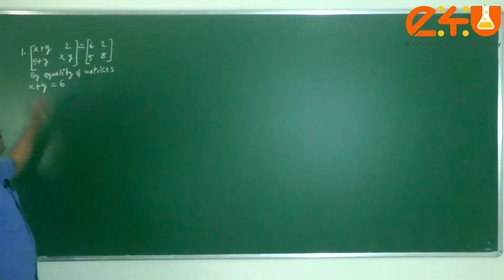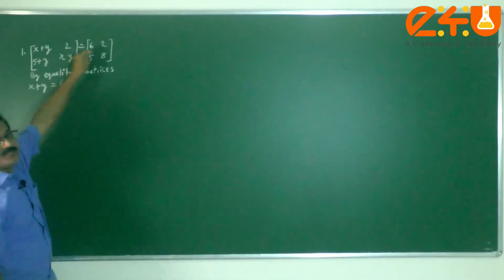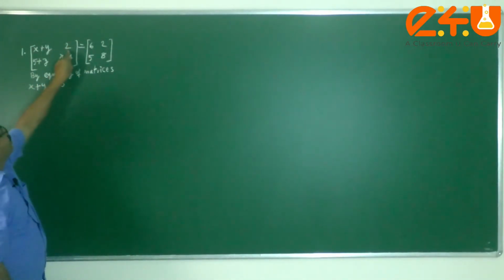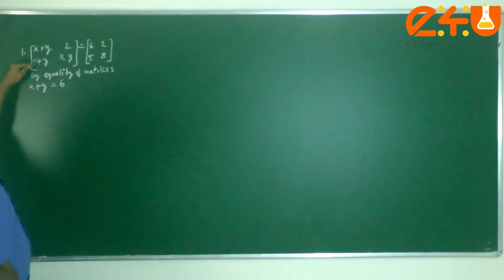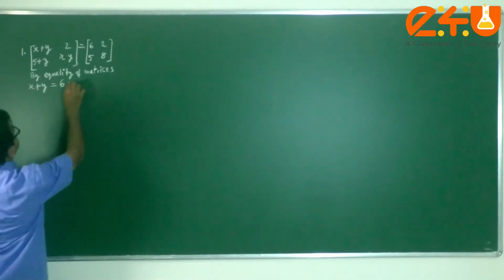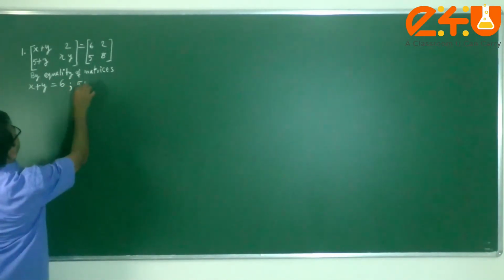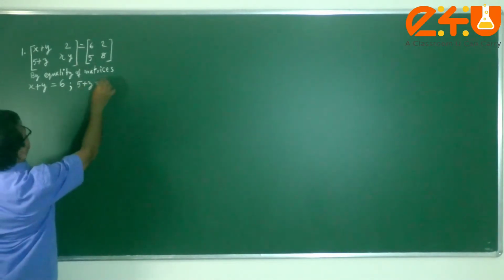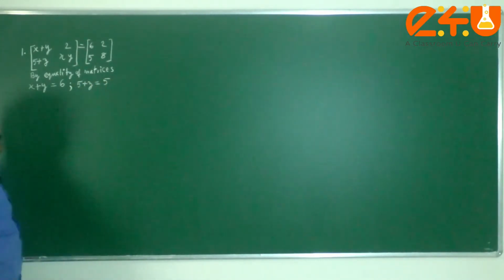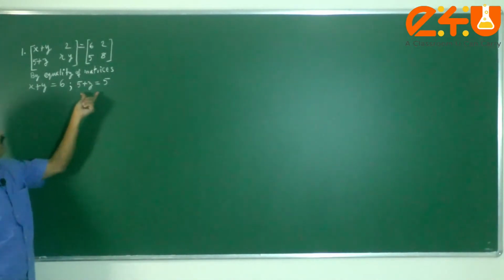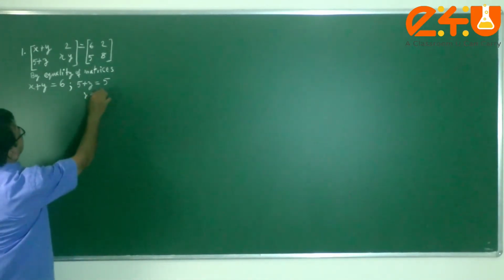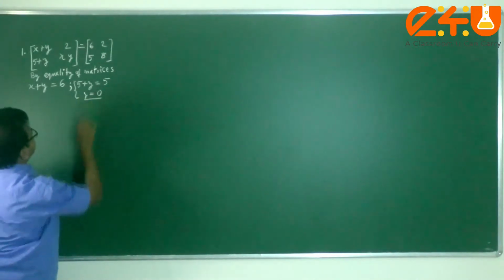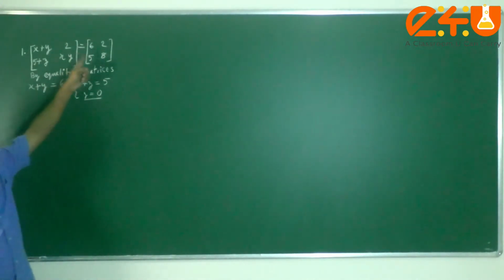So which means X plus Y equals 6. The second element 2 is given as 2. It doesn't give us any other information. Whereas one more equation you can produce: 5 plus Z happens to be 5. Now this singular equation is sufficient to solve for the variable Z. So you can say the value of Z is 0 because 5 plus Z is the same as 5.